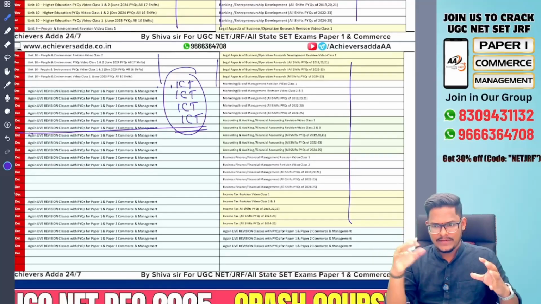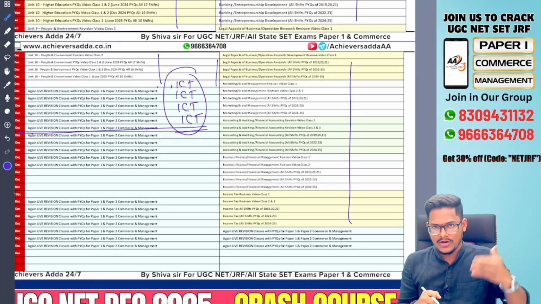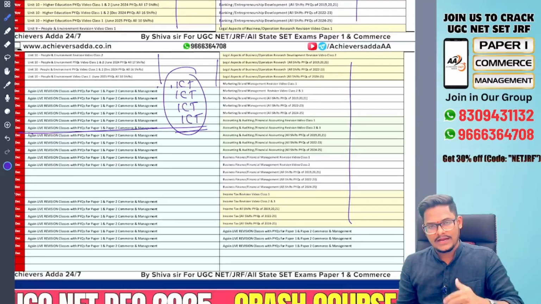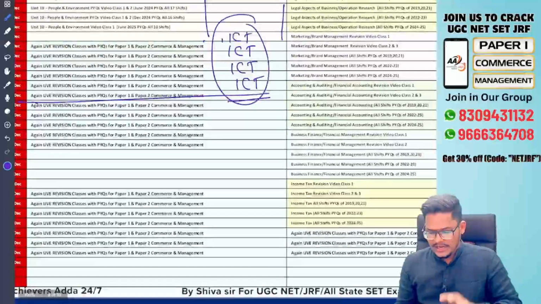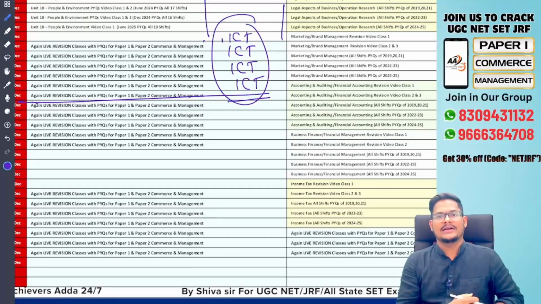Revision and the PYQ. That too PYQ of what? Recent examinations only we are taking, not the old examinations, because these papers are on priority. If you have time, you can jump into the previous papers also, much earlier ones. After that, I will be taking live sessions in this particular crash course.